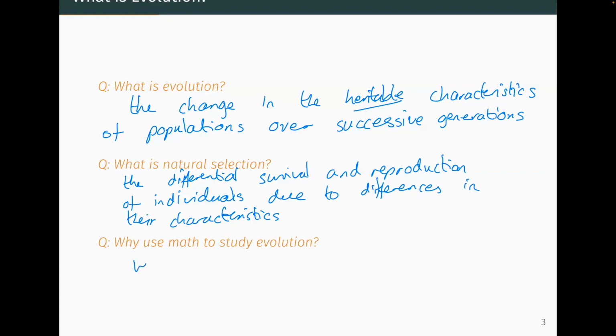So I'd probably say, why use math to study evolution? Why not? It's a perfectly valid process as part of the scientific method. We're going to be doing lots of mathematical modeling in this course, where we'll be taking some biological phenomena in the context of evolution. We'll be thinking about the key assumptions that we can make based on those phenomena. We'll be constructing some kind of model, typically, then doing some analysis on that model, and then interpreting that model back in the context of the real world. Can that model tell us anything fundamental about evolutionary processes? Okay, so why not? Can give important insights.